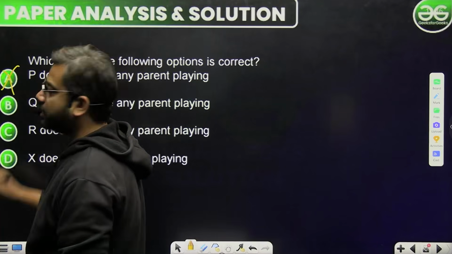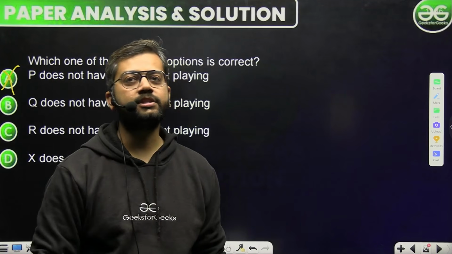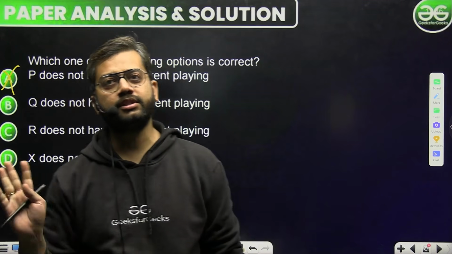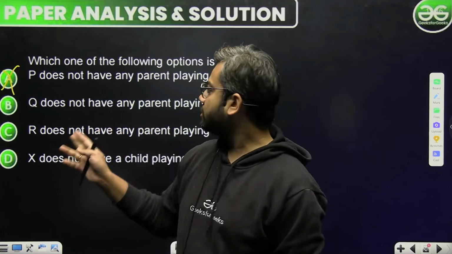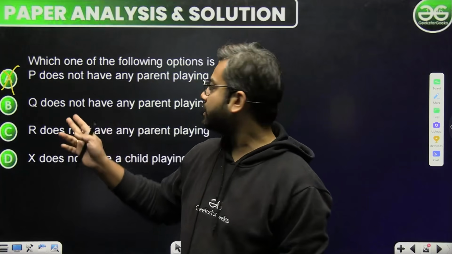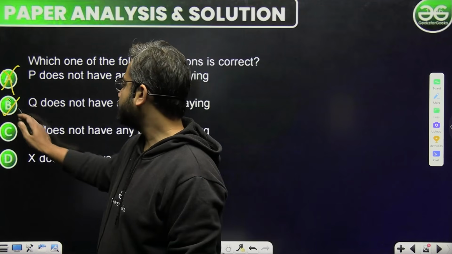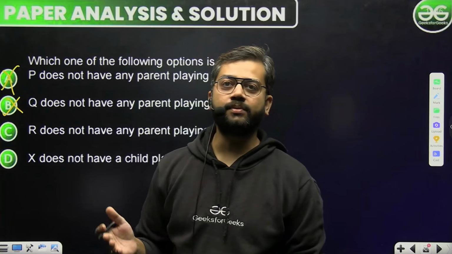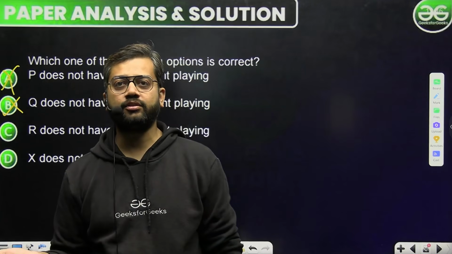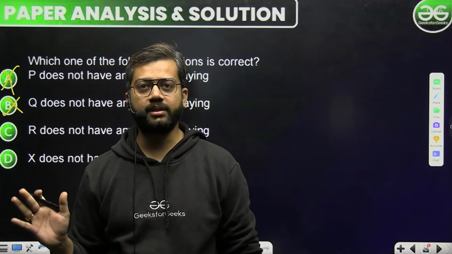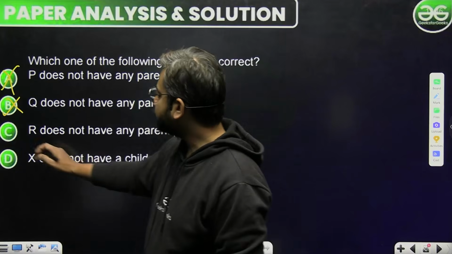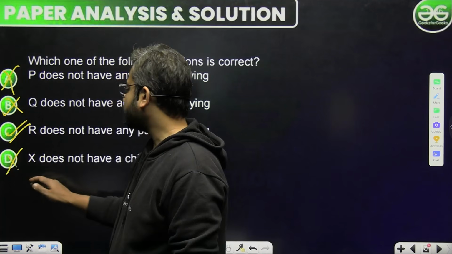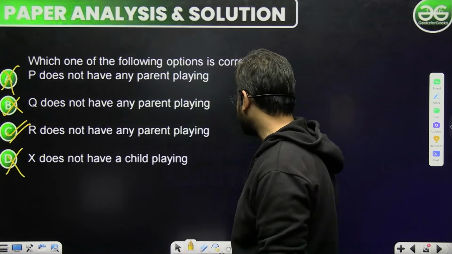अब इसके बेसिस पर अगर मैं एनालॉजी निकालूं तो P does not have any parents, देखो ये वाला गलत आ रहा है। मैं एनालॉजी के बेसिस पे चल रहा हूँ, अलग से कुछ भी अज्यूम नहीं कर रहा हूँ। जितना डेटा इन्होंने दिया, P does not have any parents playing, ये मेरा डेटा बिल्कुल गलत है। Q वाला भी गलत आ गया, क्योंकि दूसरे वाले केस में हम लोगों ने अज्यूम कर लिया था कि चाइल्ड कौन है। अब ये कंफर्म है, R वाला कंफर्म है, और ये बाय डिफॉल्ट गलत हो जाएगा।